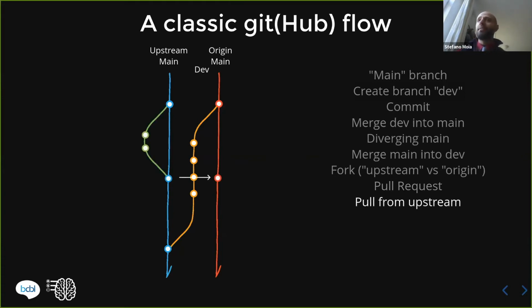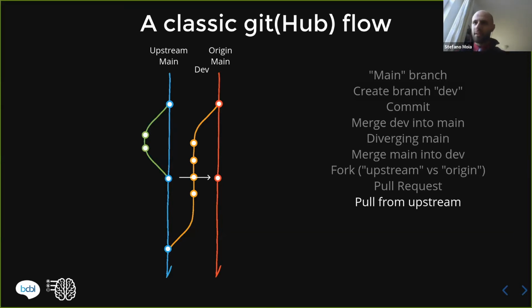But once again, it might happen that two collaborators are working at the same time on the same project, and one of them finishes earlier and does some modification to upstream that the other collaborator has to incorporate in their development. So while upstream main gets updated, the developer working in origin can take the code from upstream. Every time that we take some code from somewhere else, we say that we pull that code into our branch, our repository. So we pull from upstream the new modification.